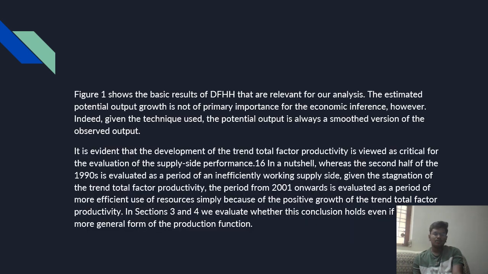Figure 1 shows the basic results of a DFHH that are relevant for our analysis. The estimated potential output growth is not of primary importance for the economic inference. However, given the technique used, the potential output is always a smoother version of the observed output. It is evident that the development of the trend total factor productivity is viewed as critical for the evaluation of